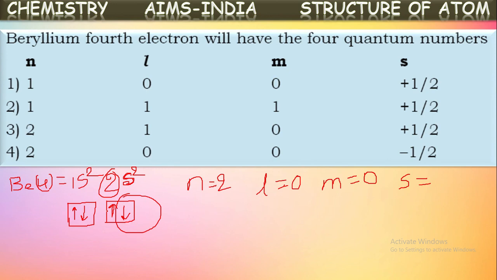Okay, now the last quantum number, the spin quantum number. Generally, for the first electron we represent clockwise spin with plus half value, and for the second electron in that orbital, the spin will be anti-clockwise and its value will be given as minus half. Where is it? See here. Yes, in the fourth option. Got it? If we know the electronic configuration, then we can write the set of quantum numbers for any electron in this way. So the n value is given based upon the shell in which it is located, and the L value is based upon the subshell in which that electron is present.